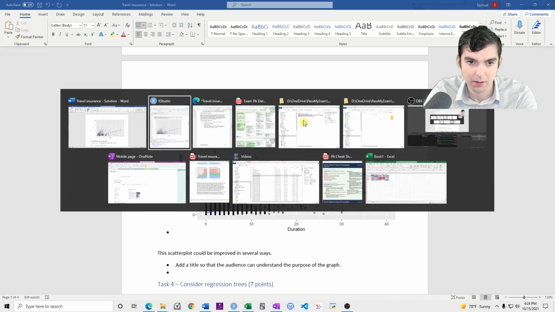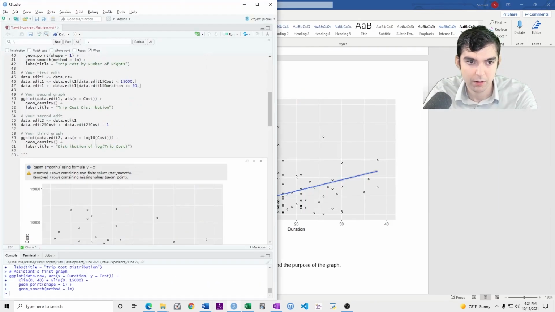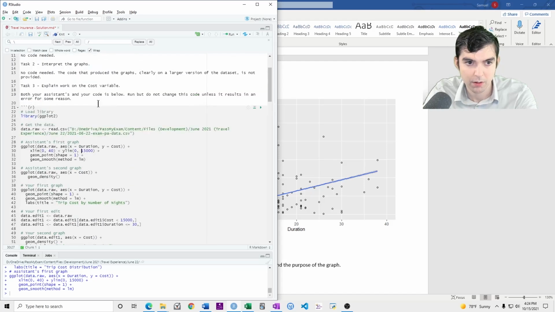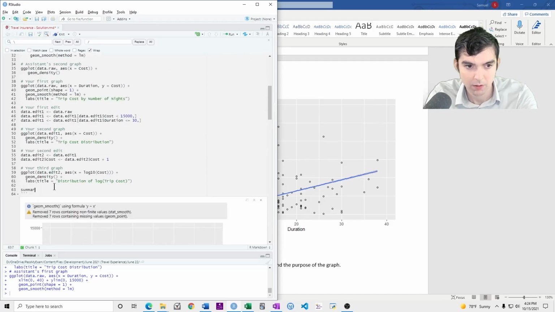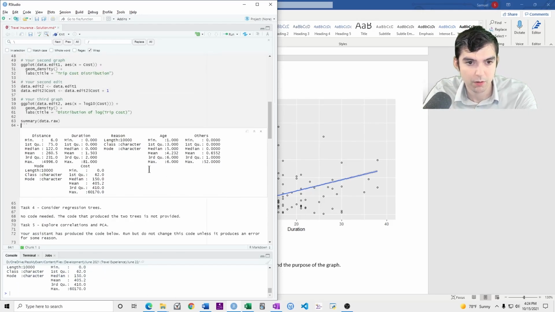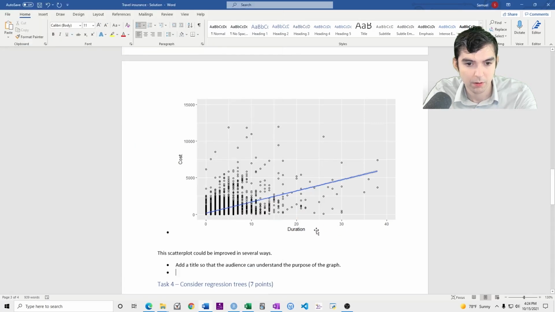Add that the data is actually filtering out some rows. So you limit from 0 to 40 and 0 to 1500. And if you look at summary data raw, duration goes from 0 to 81.